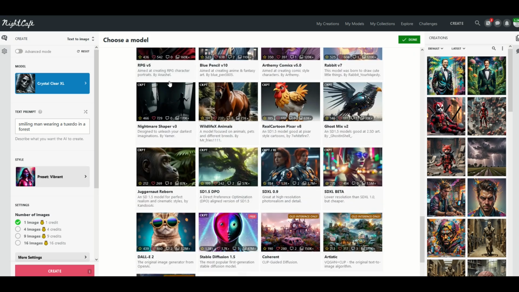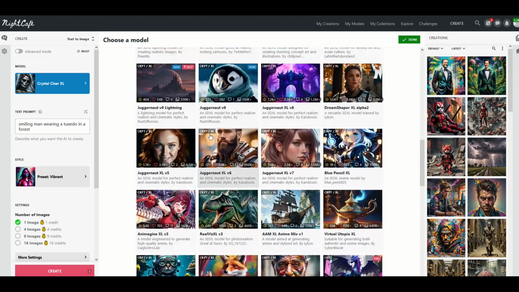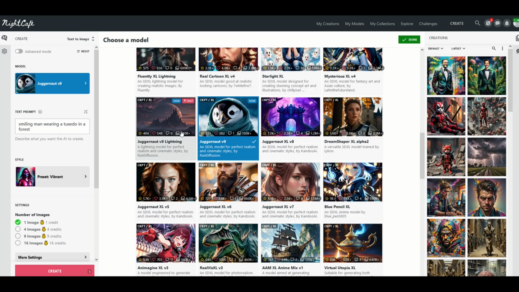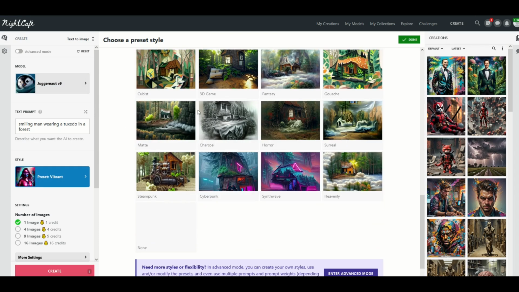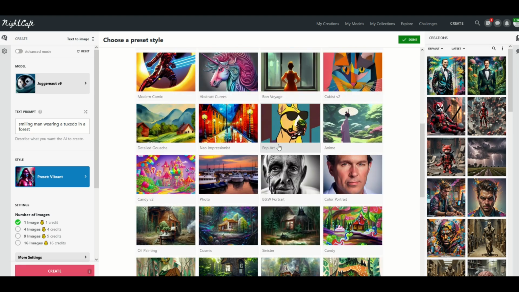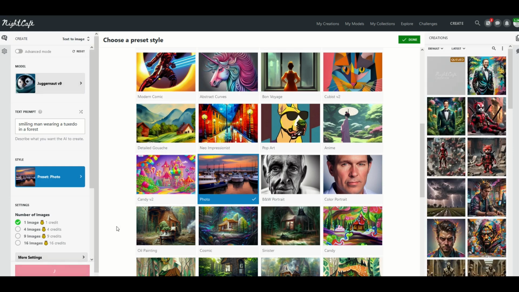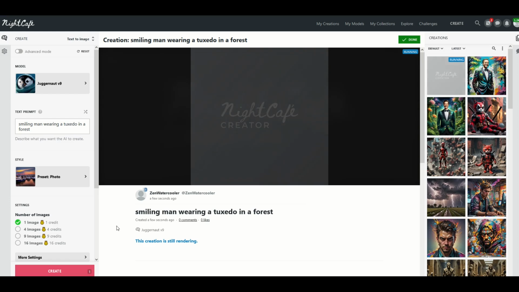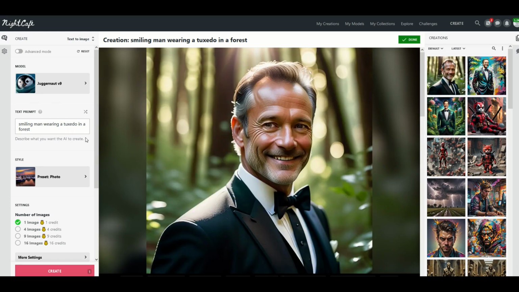You can see there's at least 30 different models on NIGHTCAFE, well over 30 models. Here I'm going to pick Juggernaut, for example, for my model. And you can see the different presets. There's at least 30 different presets. So the combination of that means you would wind up with over 900 different ways you could create different illustrations based on your text. And of course, the more detailed the text prompt, the more intricate you could make your image as well. So here I've got a completely different model, a completely different style, and I still have my smiling man wearing a tuxedo